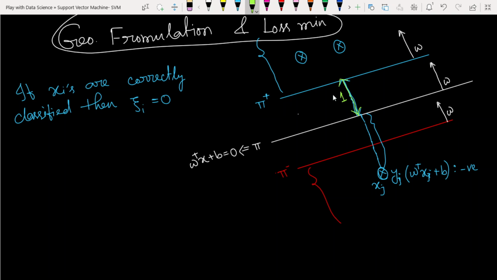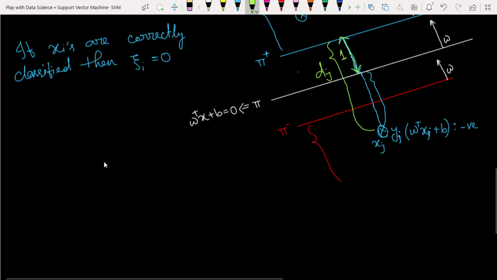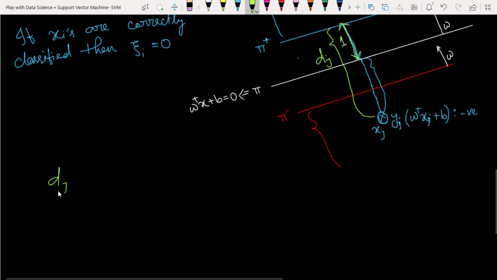Now if we are interested in finding the distance from the correct hyperplane, here the correct hyperplane is what? This is a positive point, and here the correct hyperplane is pi plus. So if we count the distance from the correct hyperplane, let's call this distance for the point xj as dj. So we are interested in finding the distance dj. So dj will be what? dj will be 1